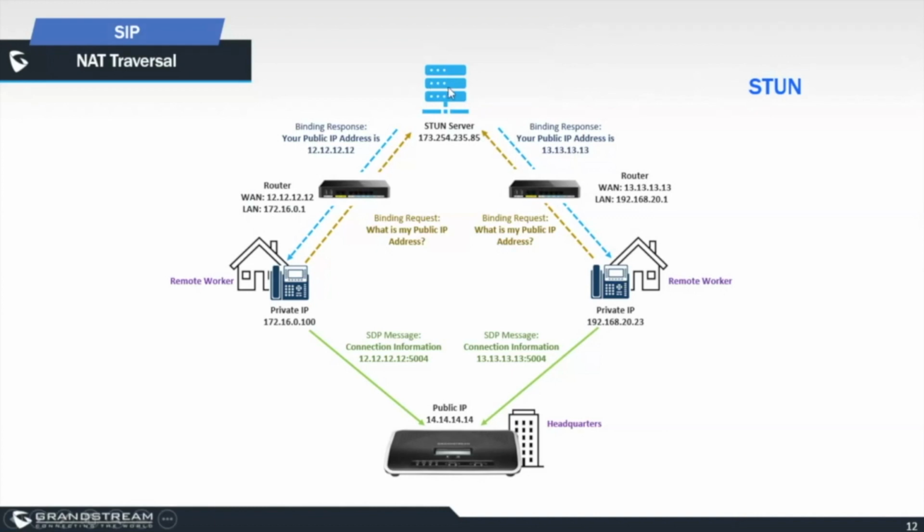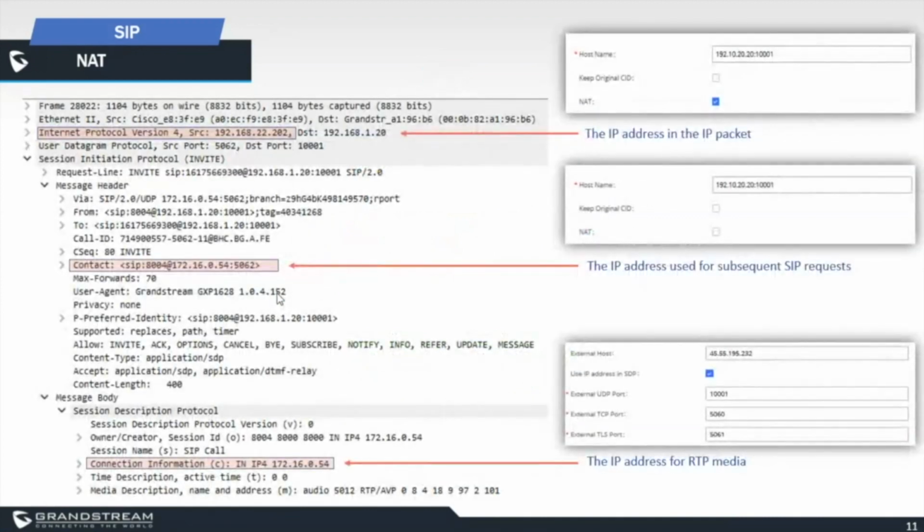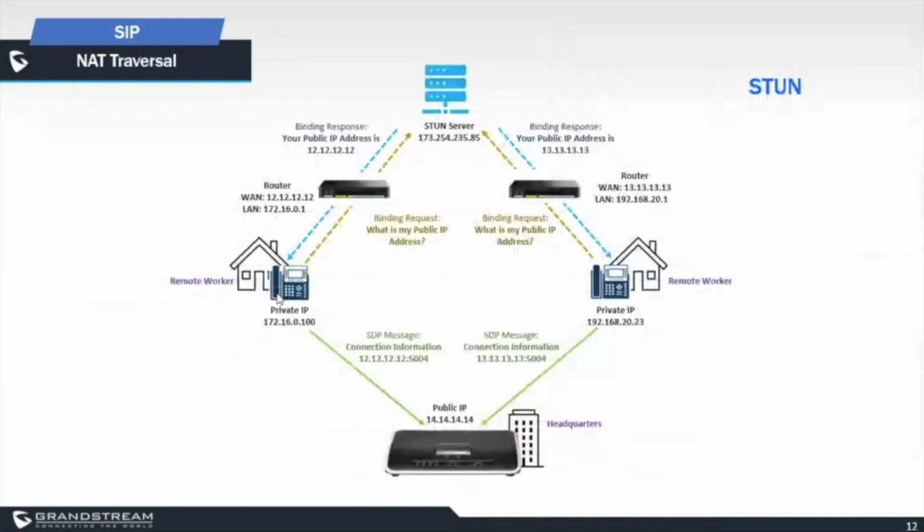Then the STUN server will send some messages to detect the public IP address and send it to the IP phone. When the IP phone receives the public IP address, that's the one that it's going to use in the contact header, for example, and in the connection information. So it's going to change these IP addresses in the SIP packet from private IP address to a public IP address that the STUN server provided to